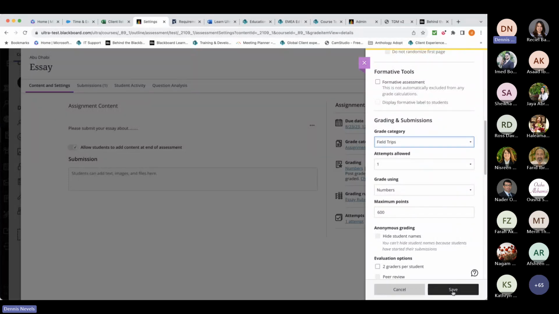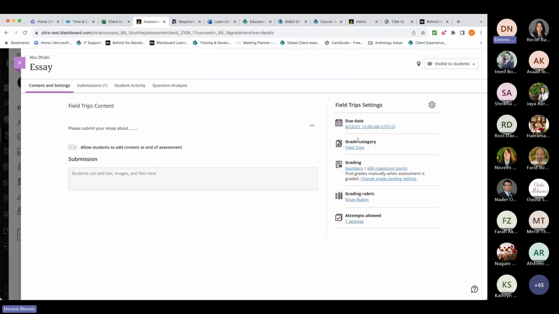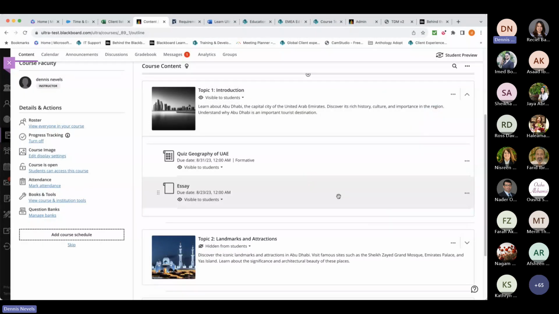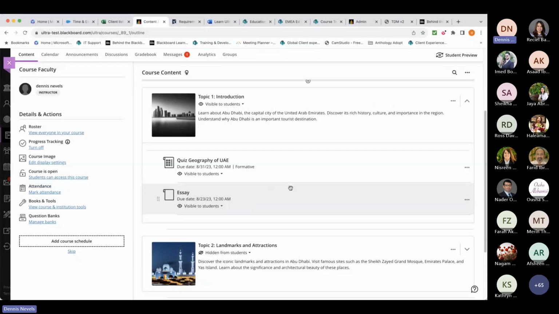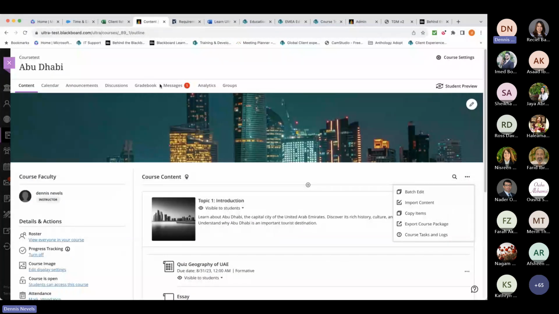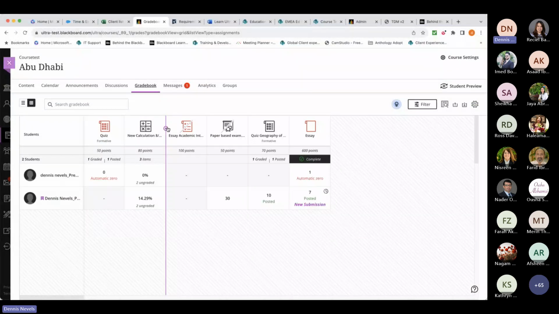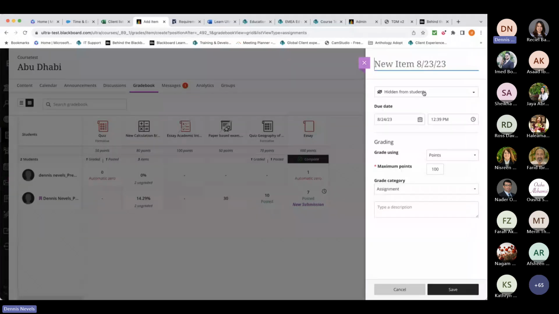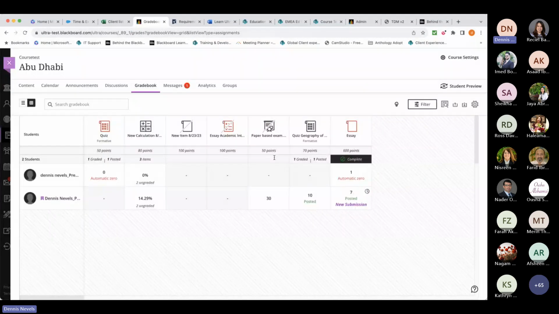Here it's already there. And why would you like to do that? That will be helpful with your overall grade, which you'll get to in a little bit. But you can change the categories where you put gradable items in, and you can create custom ones in the gradebook settings. And then when you click adding this item, you can also select the categories here. So here you have field trips again. And then you can also add a separate column as well if you want a separate mark for the field trips, for example. So you can easily do that, hit save, and then